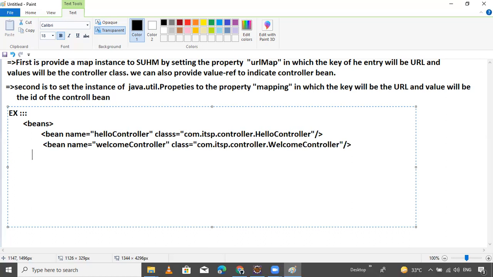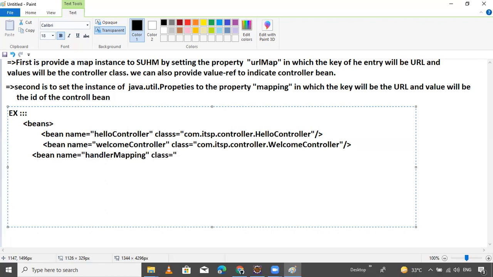Now here you can configure the handler mapping. The name is handler mapping, a property present in every handler class. Now provide the class.